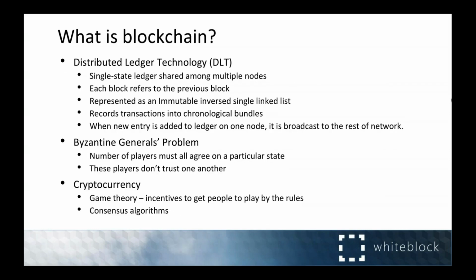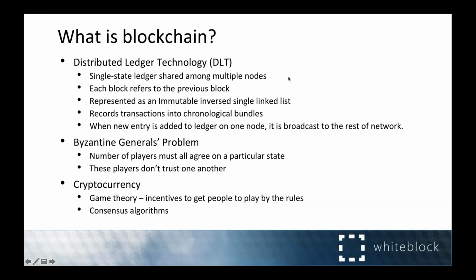Anyway, in a traditional singly linked list, everything refers to the unit that comes after, whereas in blockchain each block refers to the one previous, but essentially it's a Merkle function. It records transactions into chronological bundles based on validators or miners. When a new entry is added to the ledger on one node, it's broadcast to the rest of the network via gossip protocol, and everyone establishes consensus to say yes, this is valid, and then it's added to the